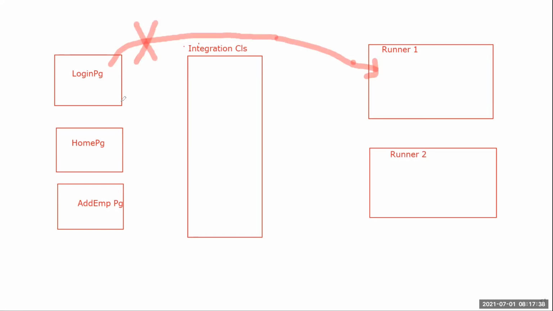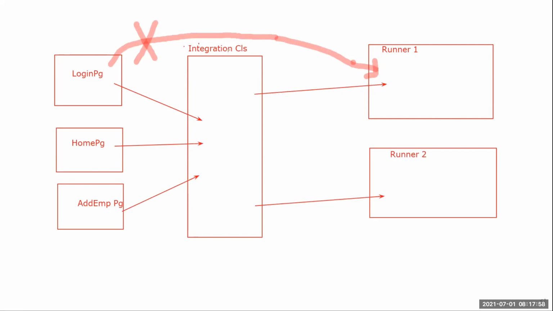This is not going to happen. What I'm going to do is create page objects in the integration class, and on the runner classes, I'll just create one object.